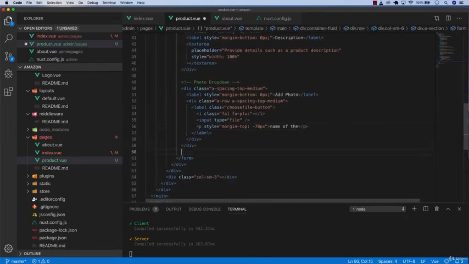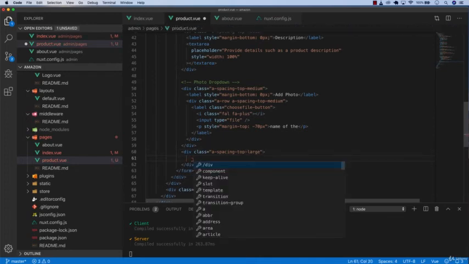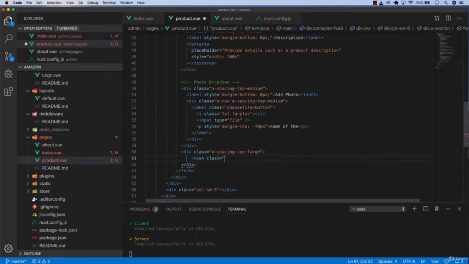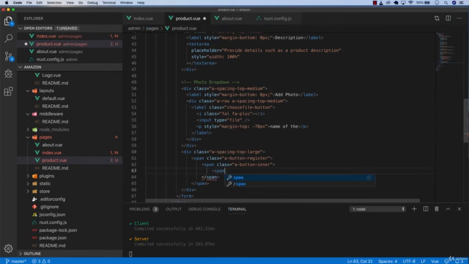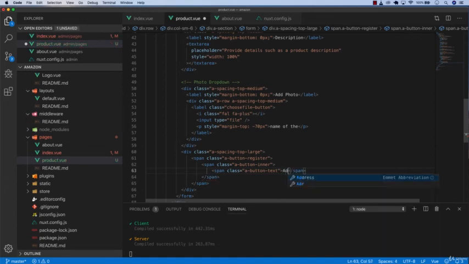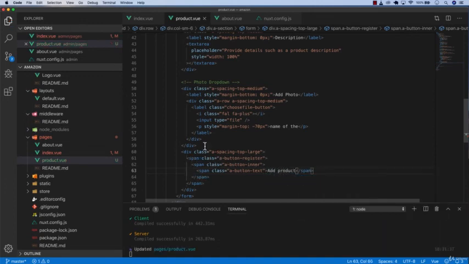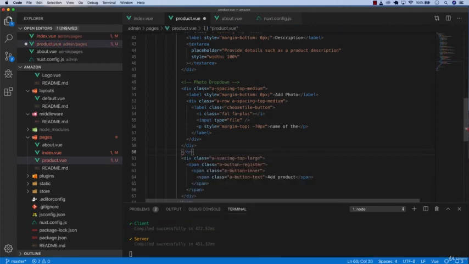And the last thing we need is a button. So div class a spacing top large, and then span class, I'm going to use a button register, the class, span class a button inner, and then finally inside we're going to have a span class equals to a button text add product, and then we want to add an HR here. It's going to be like this. We're going to have a divider between all the